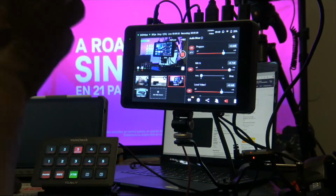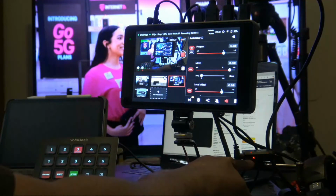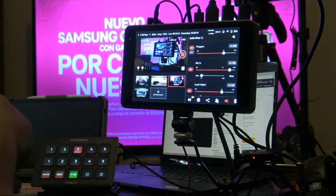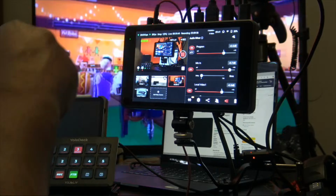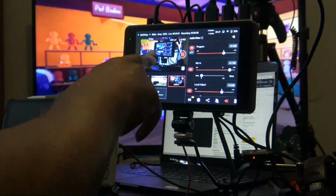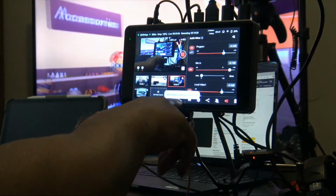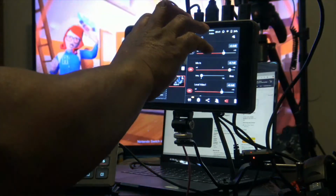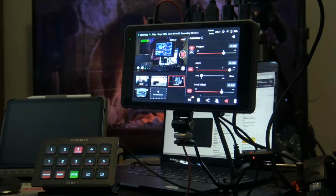Go back to it. So I'm using my keys again, and that is number 3. It's going to take me a while to get used to it, but you can see that right here is the mic mini, and it's running low because I've been testing this kind of all night. It should be all green, but it's getting low on power. That's what it's telling me. So I don't have long in this video, which, yay, that's good. But you have all my picture scenes up top. This is set for saving your recording every 10 minutes because I'm actually recording this too, so I can actually go back and